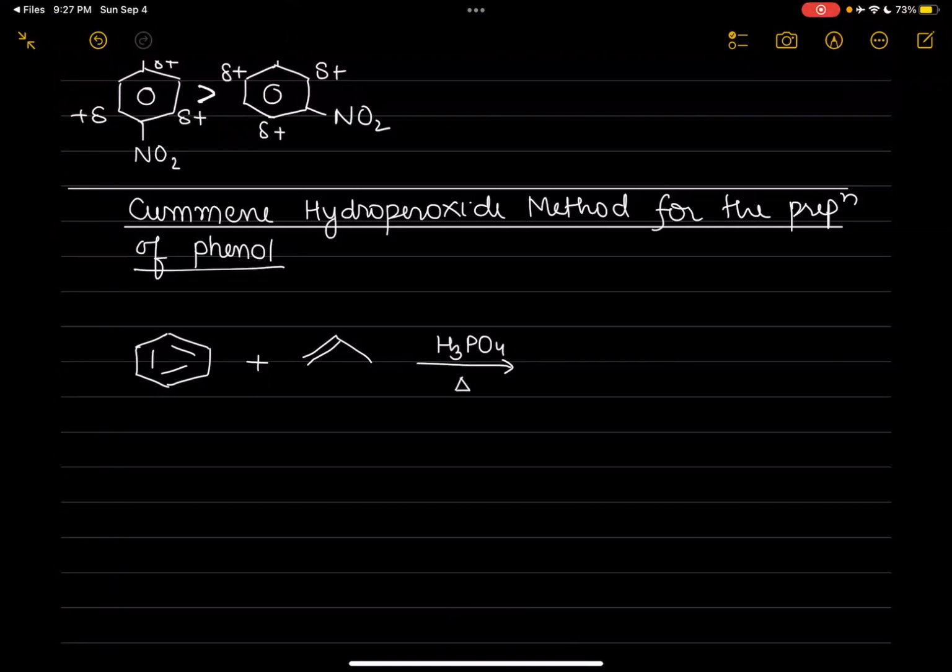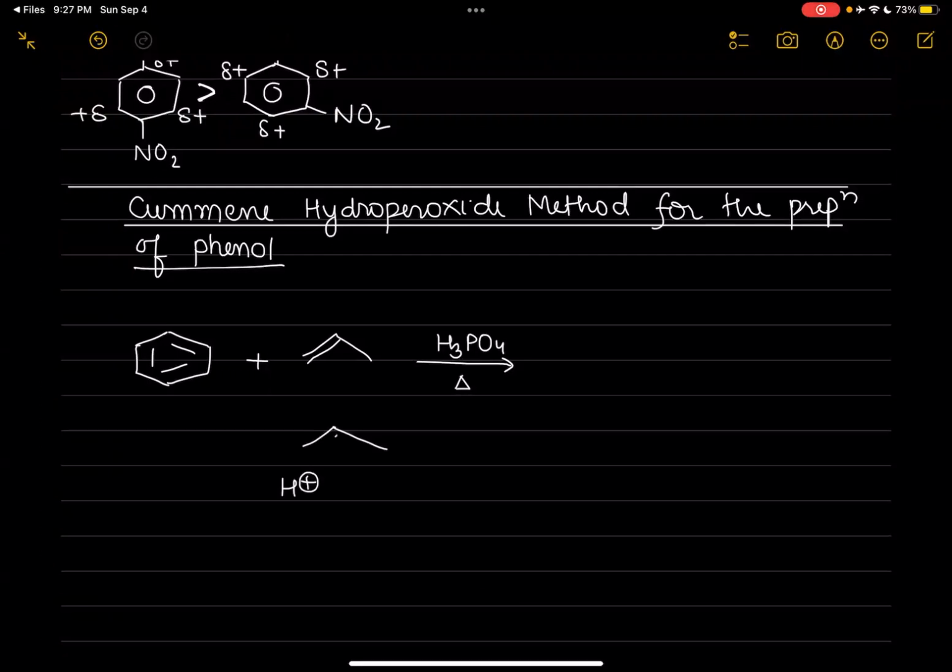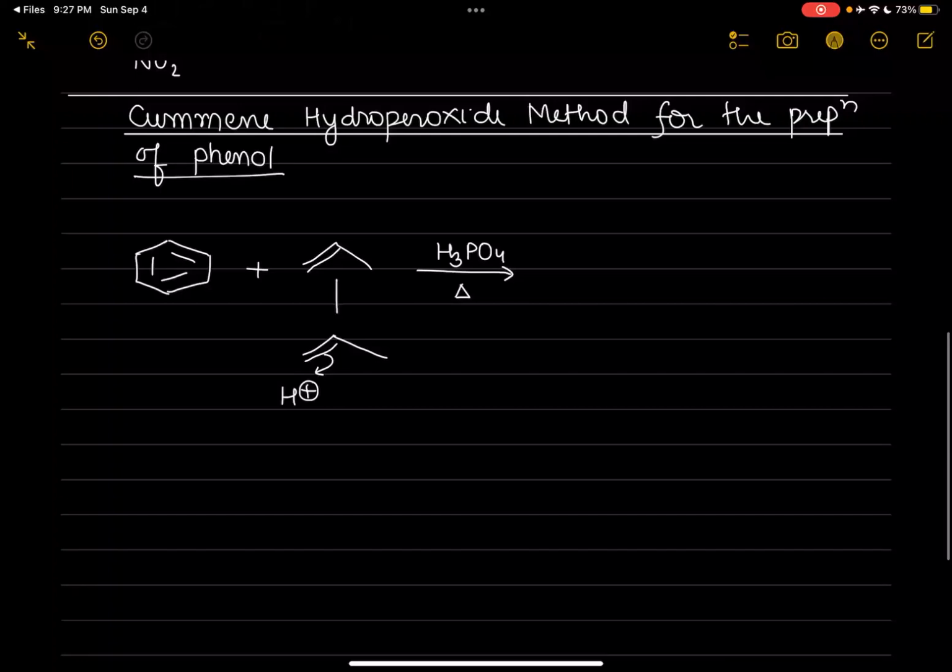Okay, and the H plus will come in and join this propene group in a Markovnikov way. So H plus attaches itself to the carbon atom bearing more number of hydrogen, and it will be like this. We have taken H plus as H3PO4, an acid that acts like a catalyst. Okay,